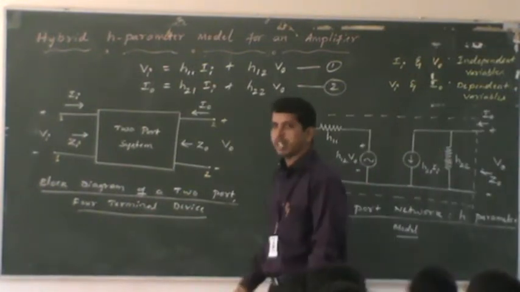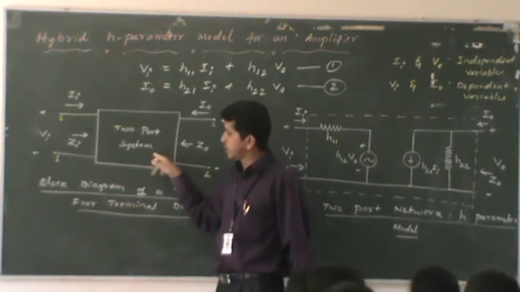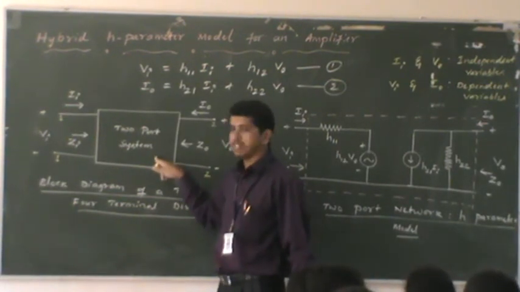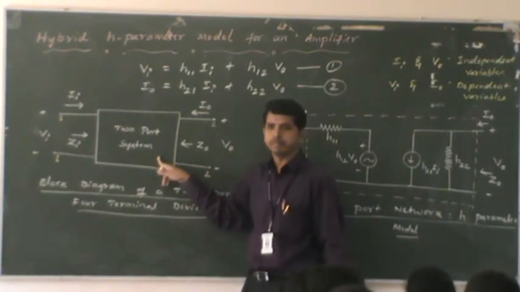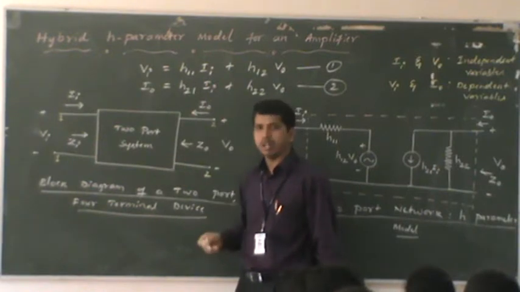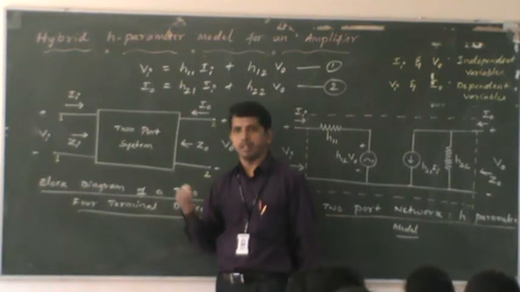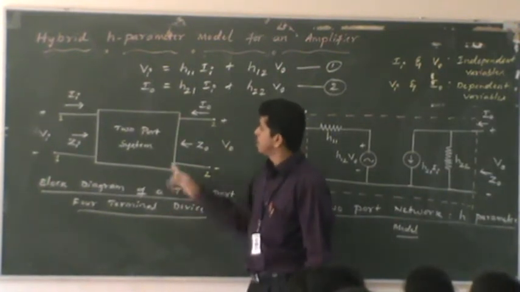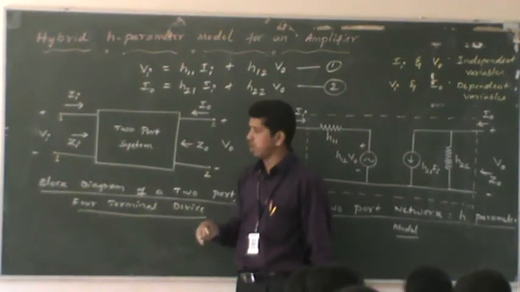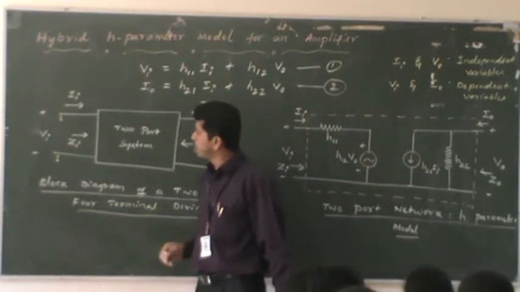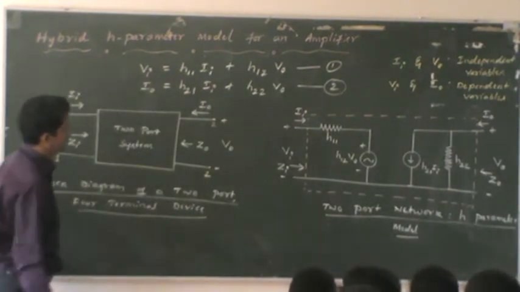You can see how we started with explaining the hybrid parameters. We started with a black box, nothing known inside. Inside this you can use either a bipolar junction transistor or even a FET. Here we will start with modeling the bipolar junction transistor, and later we can use the same concept to model the field effect transistor also. Inside this there may be the transistor, and using it we are going to model the bipolar junction transistor, which can be modeled with the help of these equations.